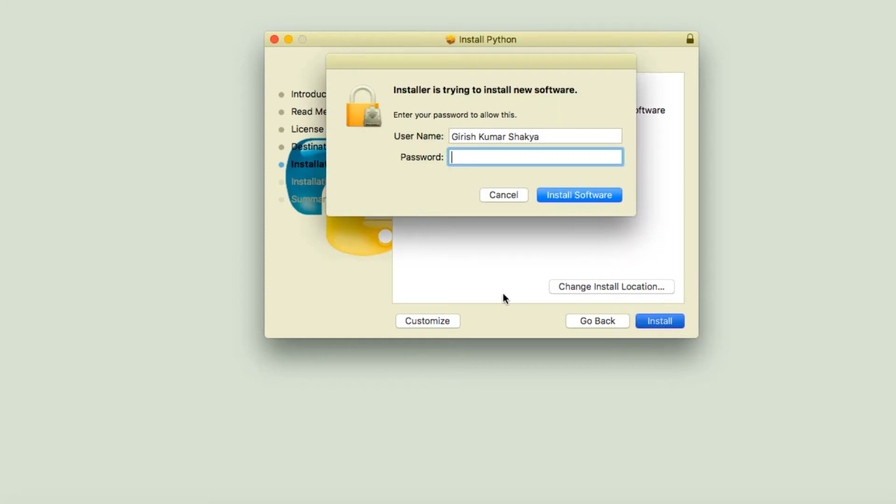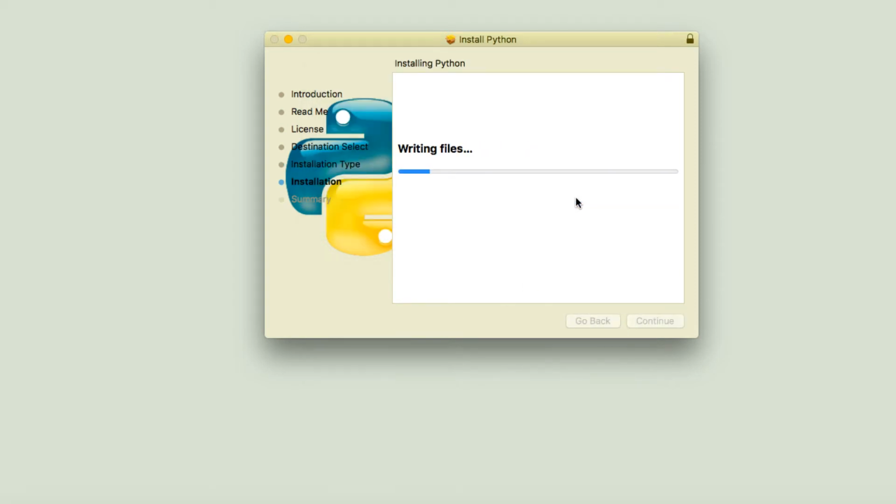By default, it will ask for a password, so let me enter my password. Now it will install the software. Just wait while Python is preparing and installing the files and running the package script. It will take less than 1 minute. Once it is installed, we will check whether Python is working or not